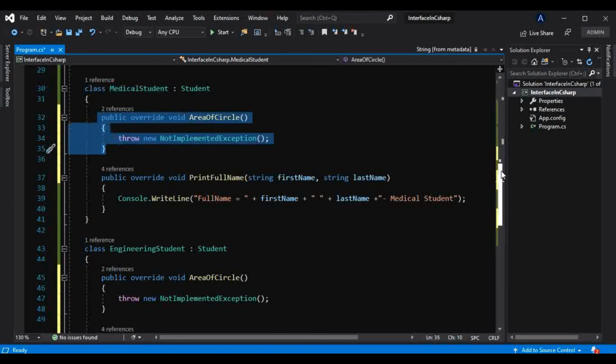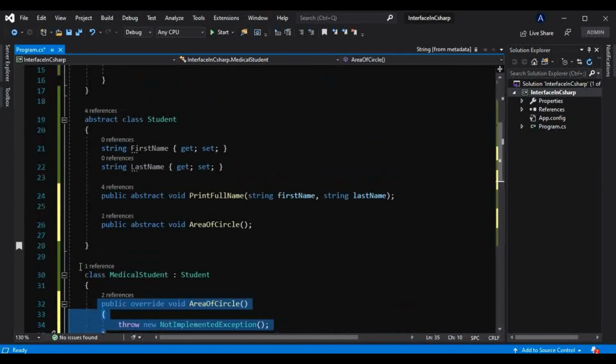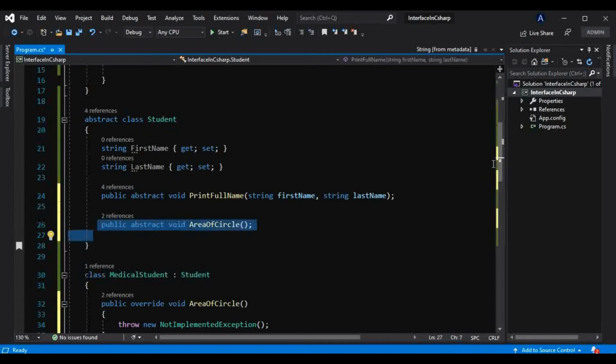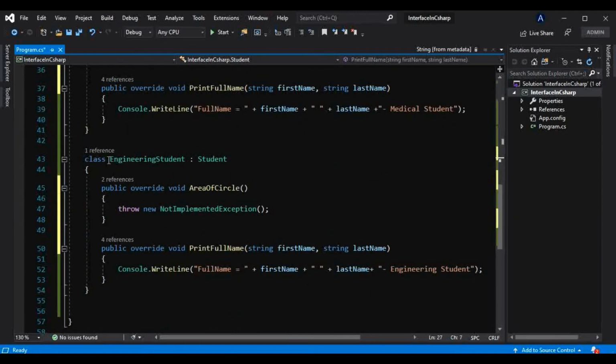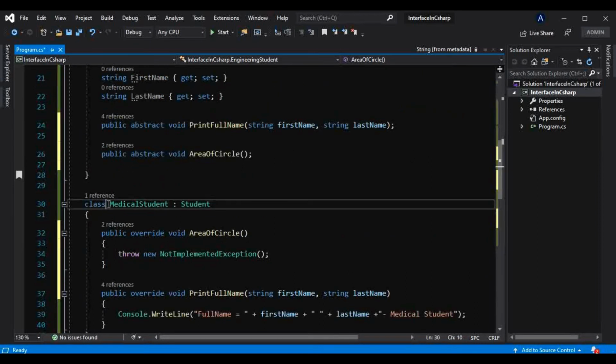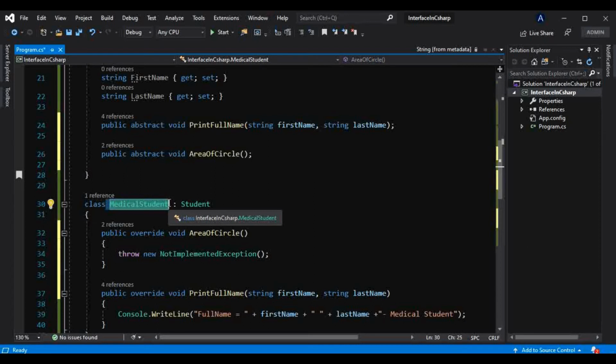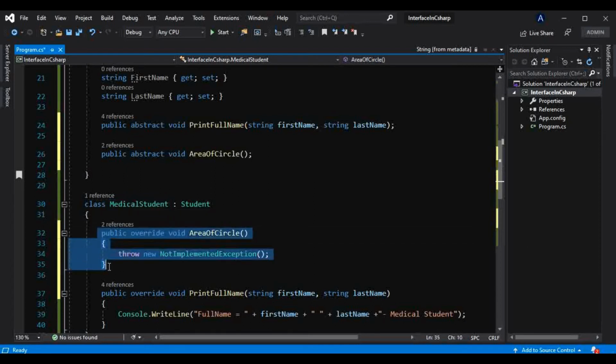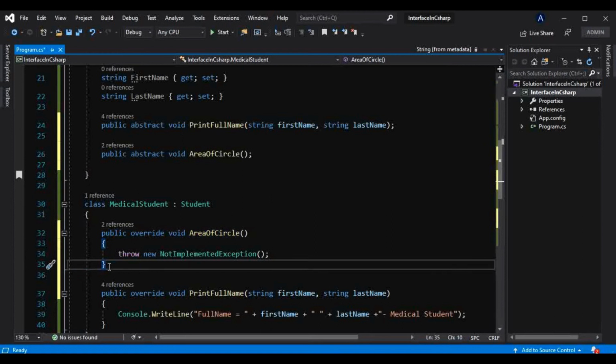But just because we are making that medical student inherit from that abstract base class, and the moment that abstract class introduces one new method which is required by this engineering student, now this medical student class also needs to, and forcibly has to, implement that new method. So this is nothing but a problem with abstract class, and this is where interfaces came to the rescue.